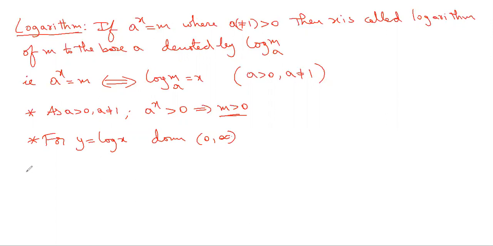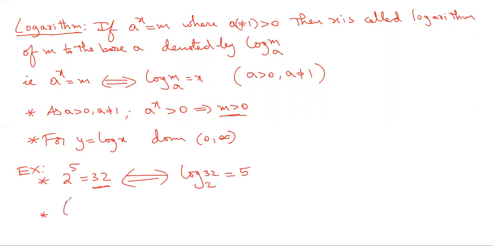Right? And one or two examples will do. Suppose we know the fact that 2 power 5 equal to 32. The same fact, if we need to mention in terms of logarithms, what we need to do? The logarithm of the answer of the exponential function to the base, same as the base in the exponential function, is the power. So the power will be the answer of a logarithmic function. So 2 power 5 equal to 32 and log 32 base 2 equal to 5 both represent the same fact, right?